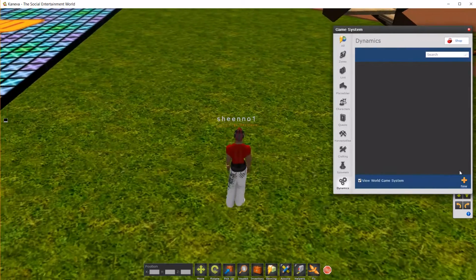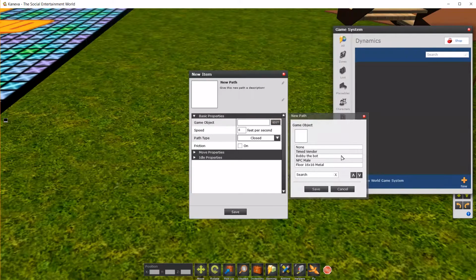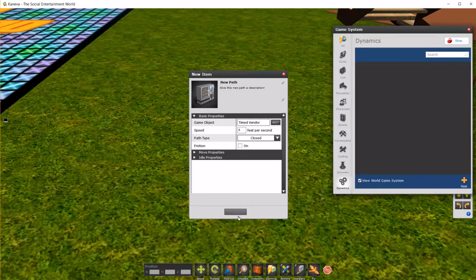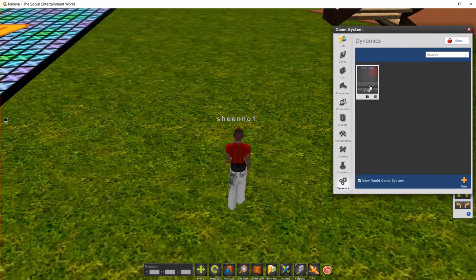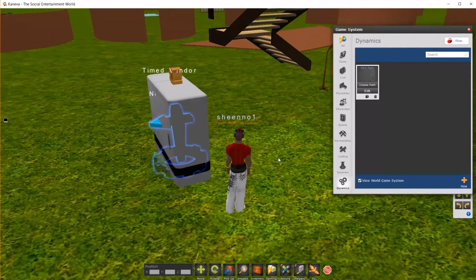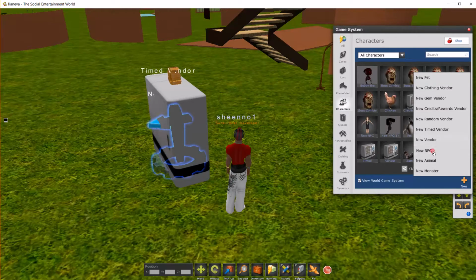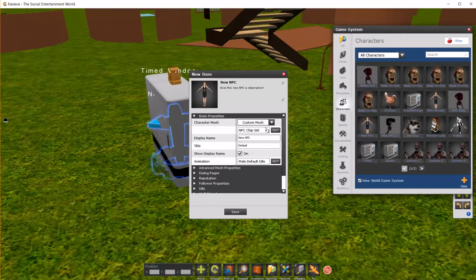NPC mesh. So if I create a new pathing object, we'll just put anything on it. We'll just put NPC. We'll put timed render. Then save it, and then I just drop this. As you can see, it turns into a timed render. Now if I go to characters and I create a new NPC, and if it's a custom mesh here, and